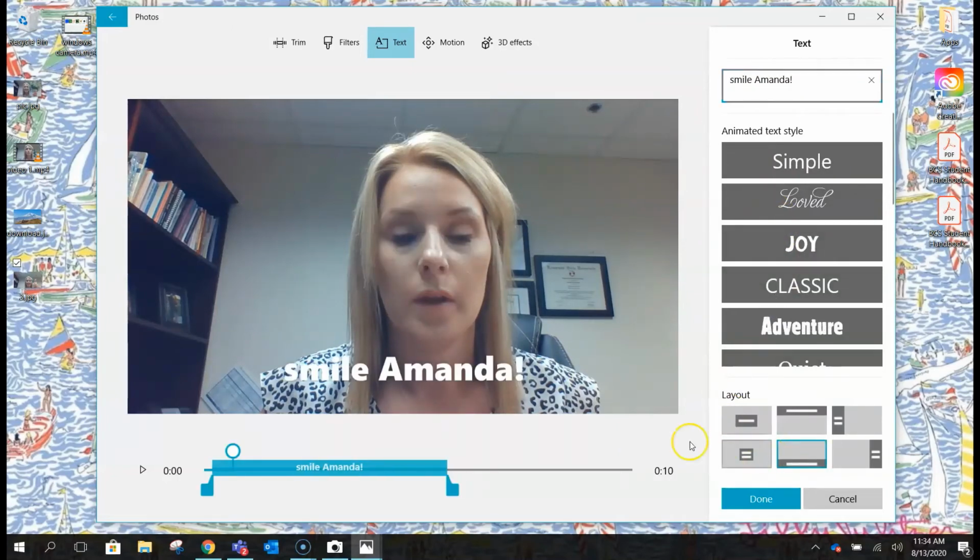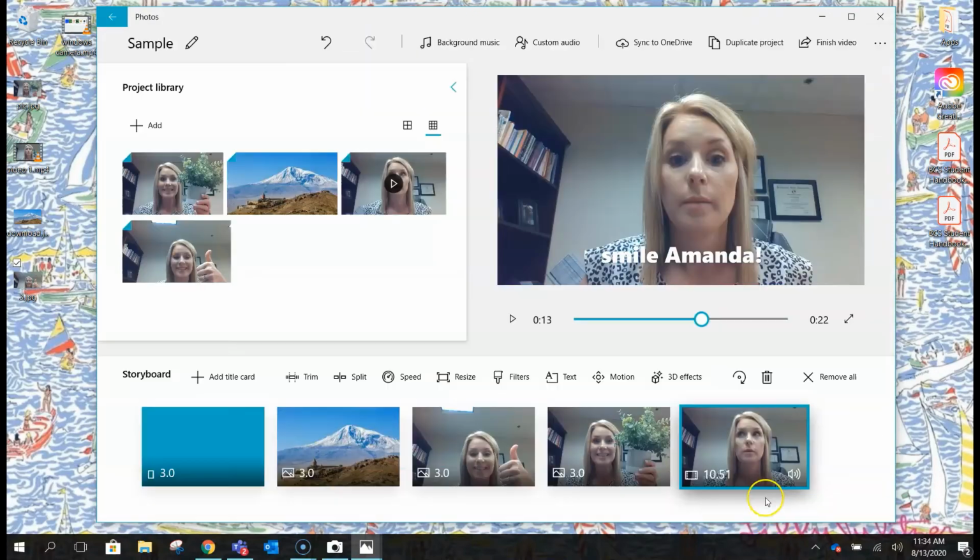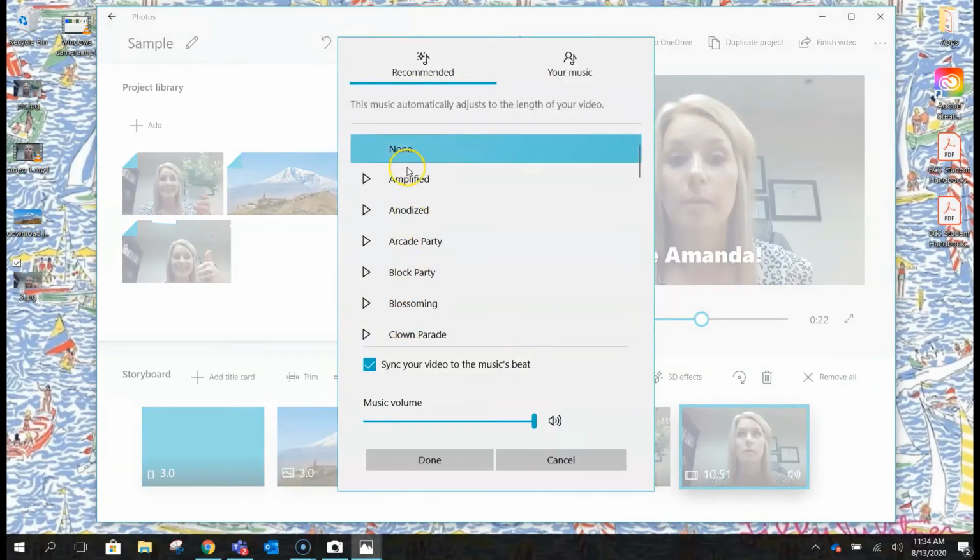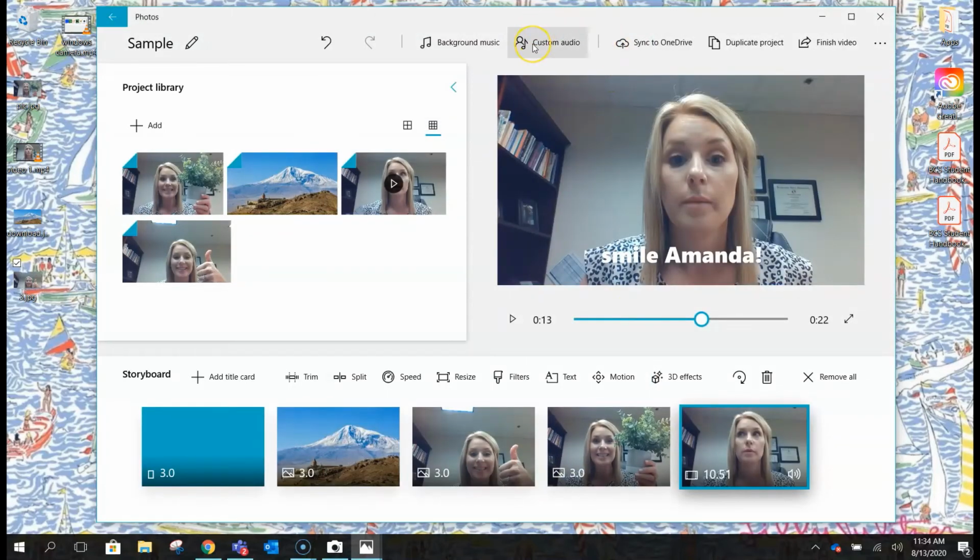You can decide how you want it to look. You can do the duration of the text. You can add background music. They have some that's already included, or you can upload an MP3 of your music. You can add some custom audio, but here's just a really simple tool that you and your students can use